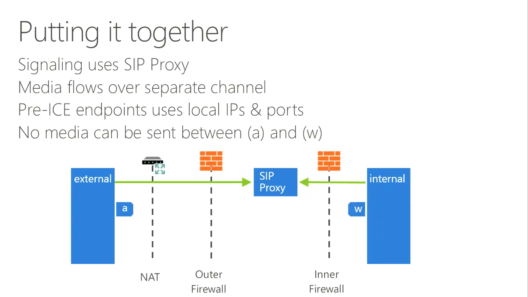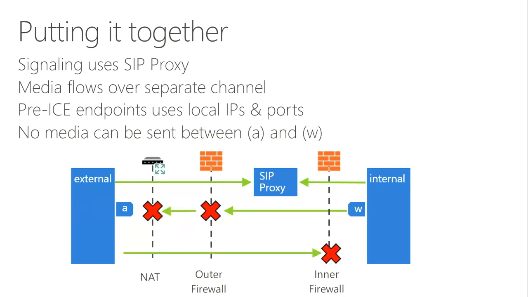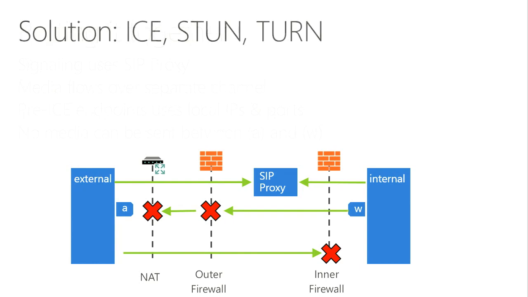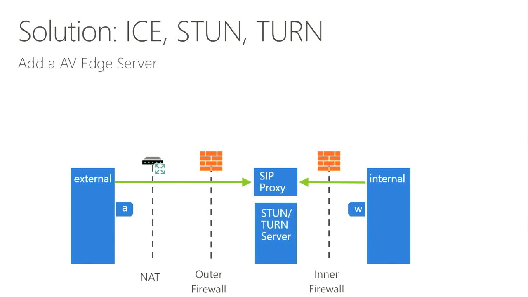If they want to establish a call, and this is the first time we see our candidates, so it's a combination of port and IP. The external client has this candidate A, the internal client has this candidate W. If they want to do a peer-to-peer connection now, it will break, because W, the internal one, cannot send to the external one, and the external one cannot send to the internal one. So that's exactly the problem. And the smart solution here is to use Interactive Connectivity Establishment, STUN and TURN, and we add an